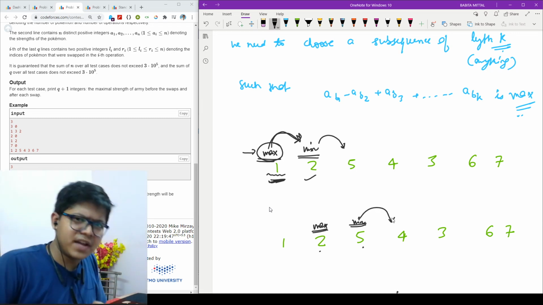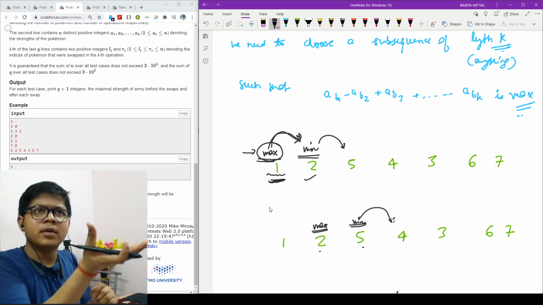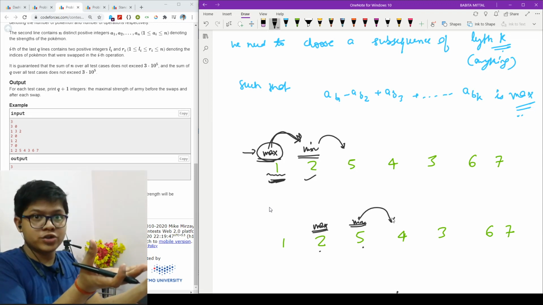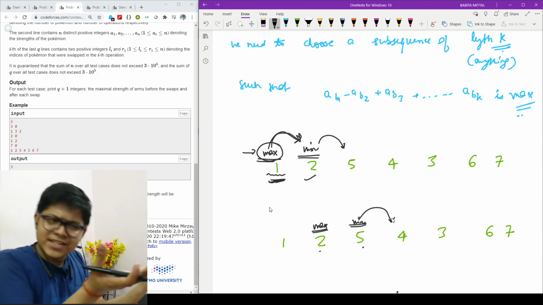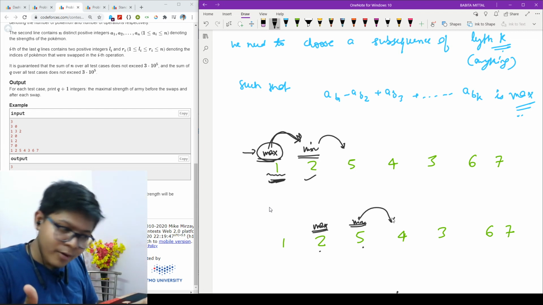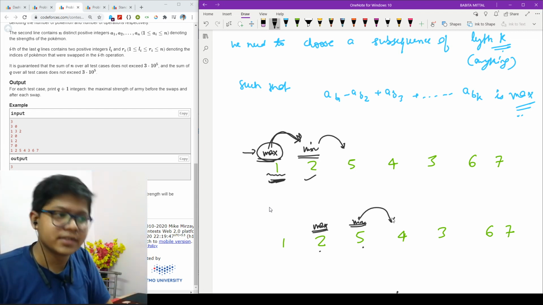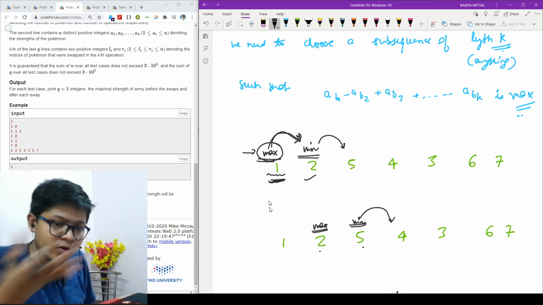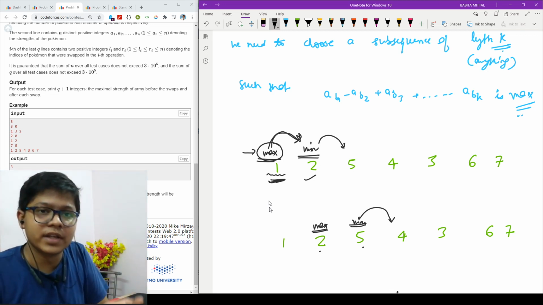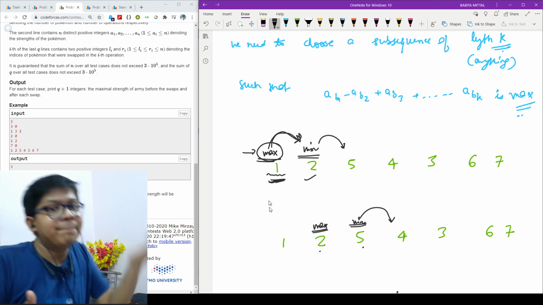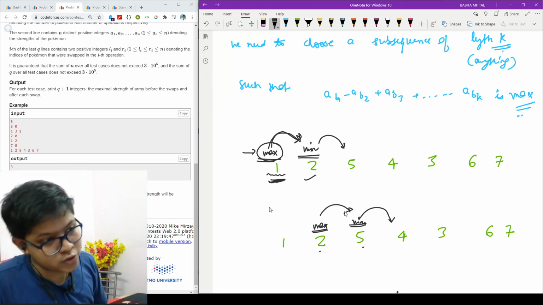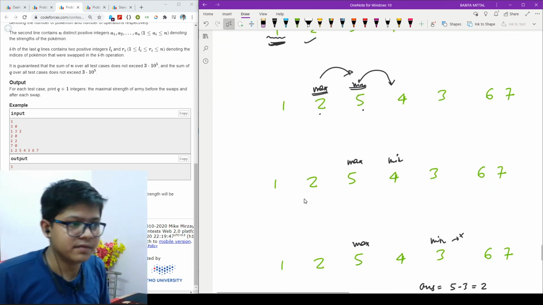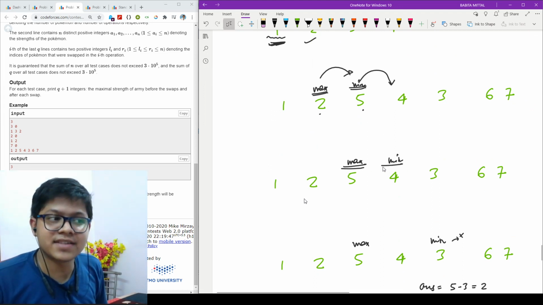But as soon as I shift, I know that earlier the maximum was small, so I should also shift my maximum. So whenever my minimum is moving, I'm also seeing that my maximum is also moving. So keep the point that as my minimum is moving, my maximum is also moving because it is arriving at a better location. So maximum will also move, and it will arrive at 5. Very fine. Now my max is right here, min is right here.